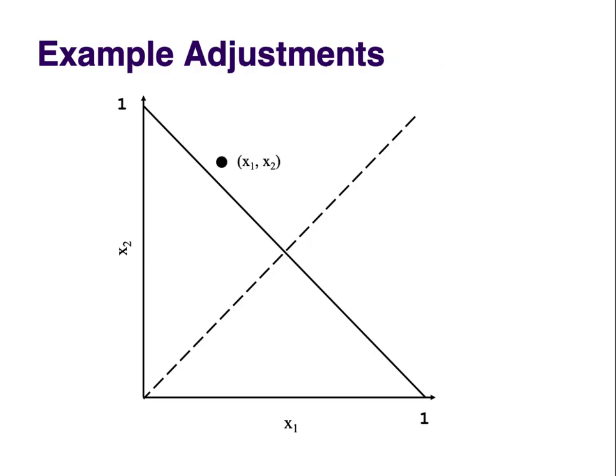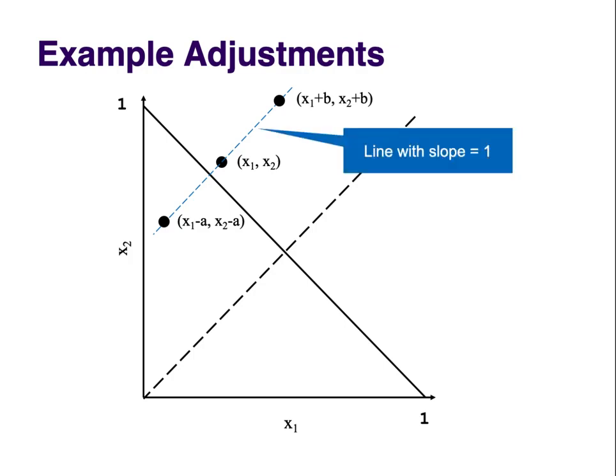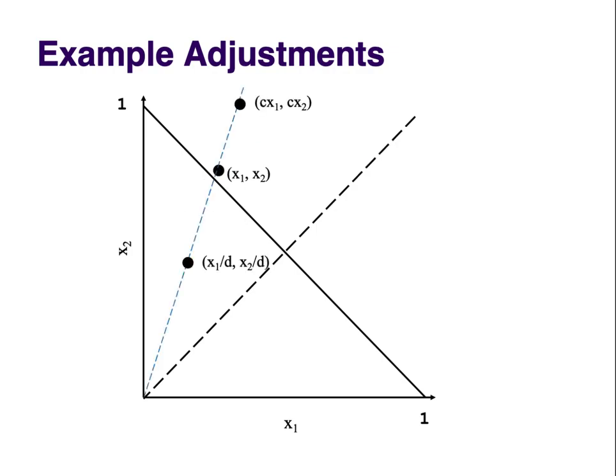Okay. We're going to walk through all of the 4 different design options here, but let's just a little recap this. I'm not trying to be patronizing, but I know that I sometimes have to rethink how I calculate the slope of a line. So I'm just going to remind you, if we have a point x1, x2 over here, and I say that I'm adding or subtracting some amount from x1 and x2. So I'm going from x1, x2 to x1 minus a and x2 minus a, or adding b to both x1 and x2. What I'm doing is I'm moving along a line that has a slope of 1. Okay, so adding and removing a constant to x1 and x2, all I'm doing is moving along a line that has a slope of 1.